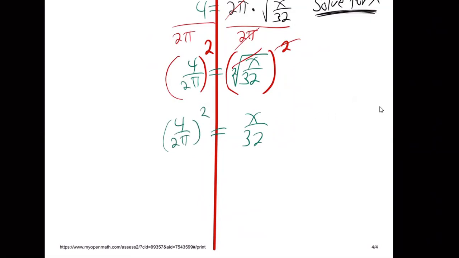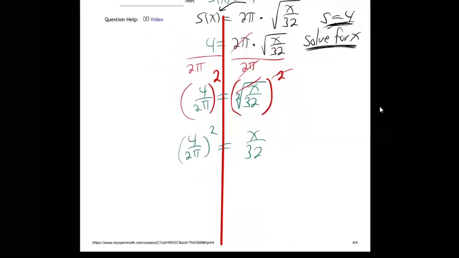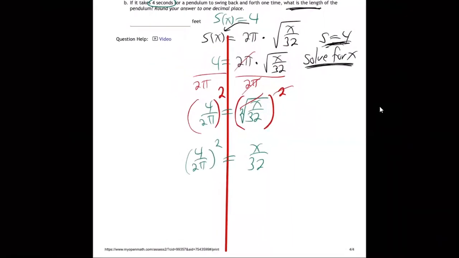Now, actually, we can clean that up a little bit. I should have been cleaning it up back here. Let me backtrack a little bit. 2 goes into 4 2 times, so this should have been 2 over pi. I should have canceled that 2 into the 4 way back there. And then when you square the 2 and square the pi, you get 4 over pi squared. So back here I reduced 2 into 4 2 times, then I squared the 2, squared the pi. And now trying to solve for x,